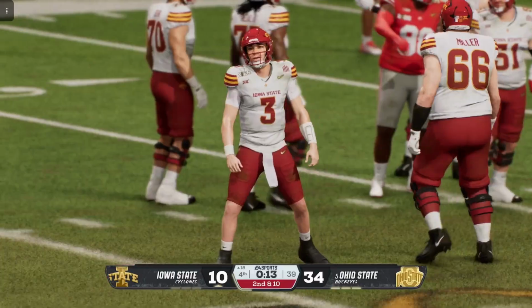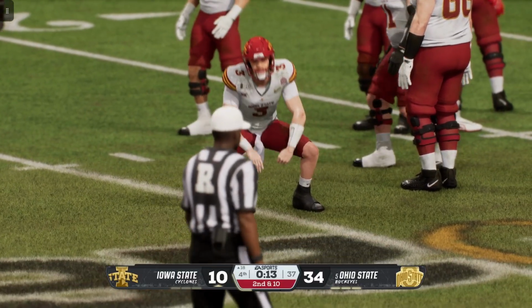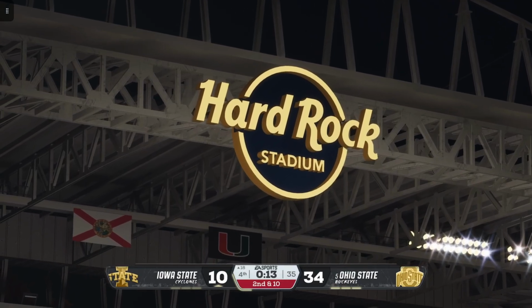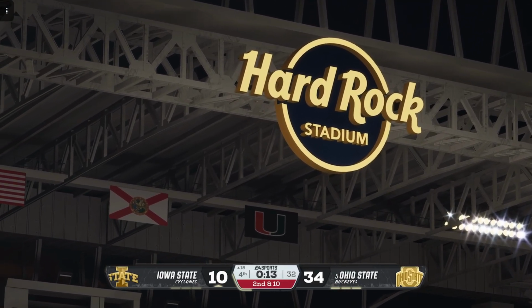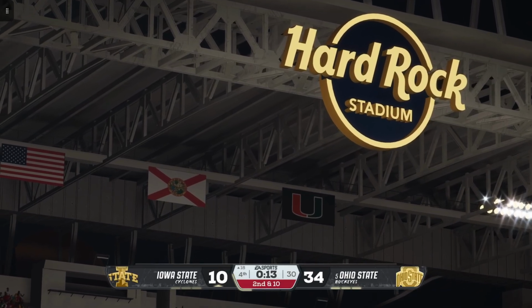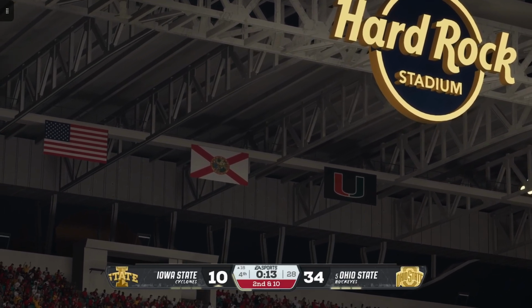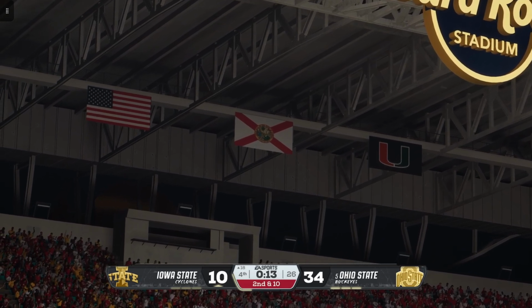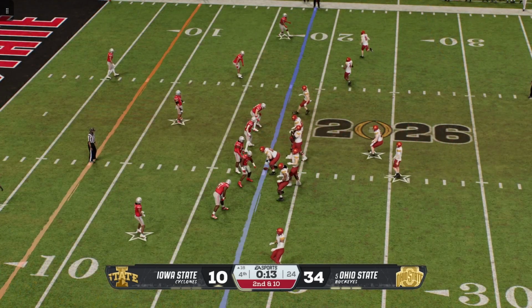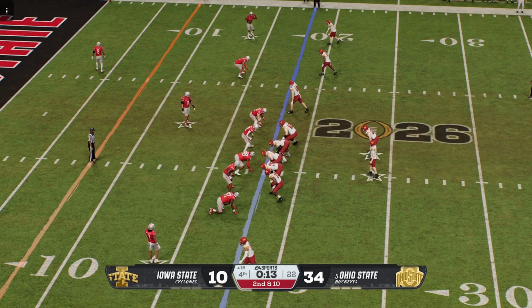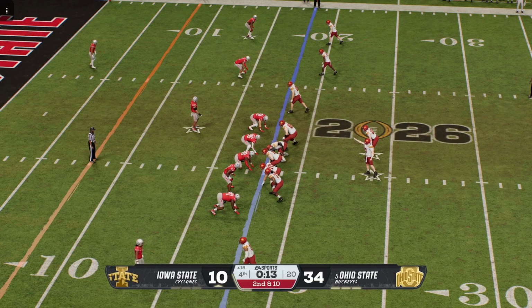He'll just throw that one away to avoid a little bit of sack. It's just so hard in these late-game situations when you're trailing by this much to try to get the ball downfield against nickel or dime coverage. They're inviting you to take that underneath throw, hoping you burn the clock as you go. The long march continues. Offense pushing the ball down the field.